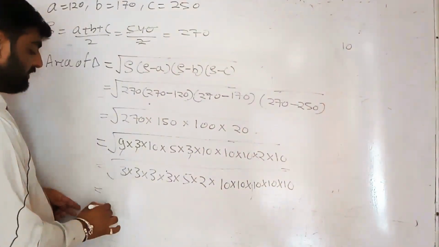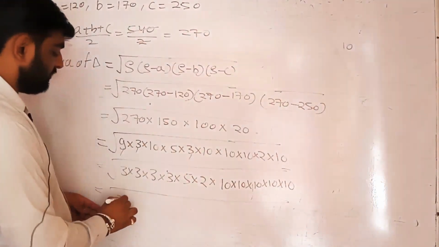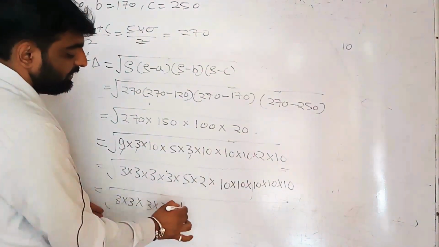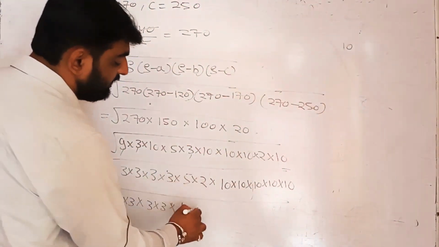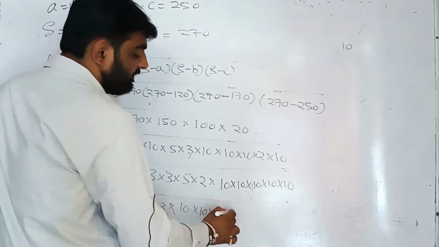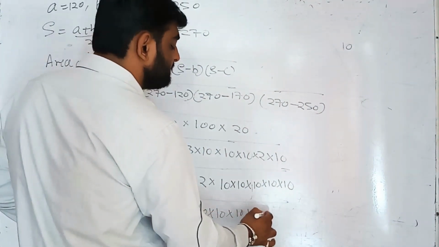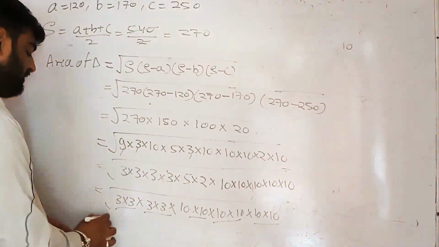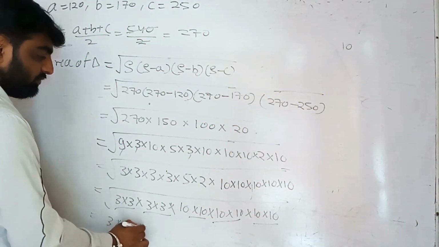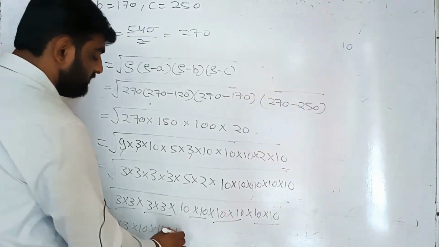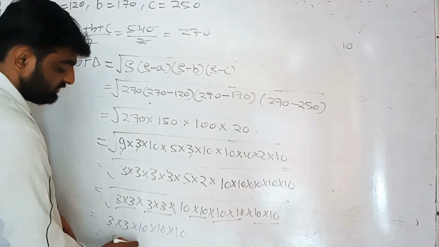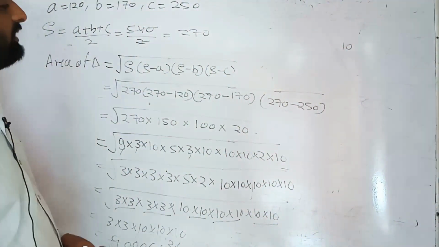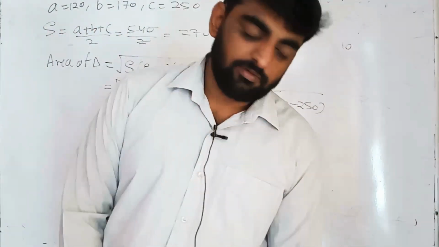So we are just thinking over there, one pair is complete. Here one pair is complete. Here the single is there. So we have to convert 5 into 10. The 5 times 10s are there, so they are converted to 6 times, because 5 into 10, 10. So 3 into 3 into 10 into 10 into 10. So 9000 centimeter square is the answer of this question. I think we are done with that.